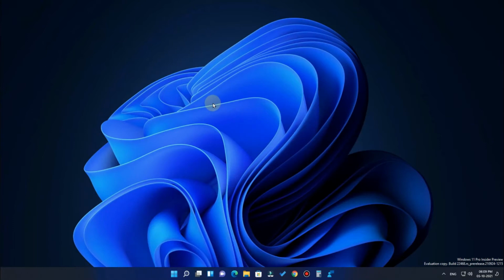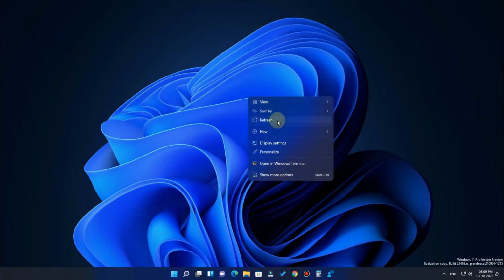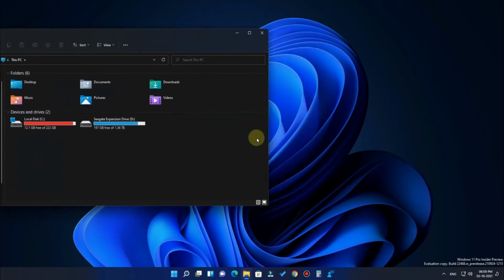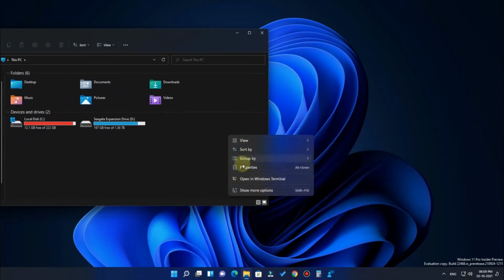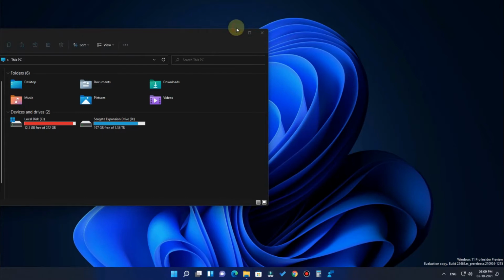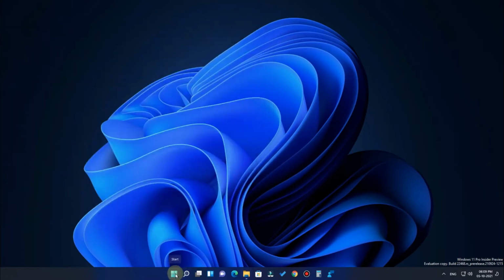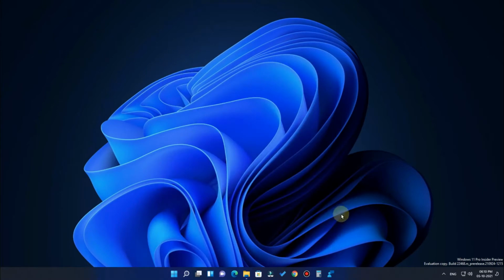And then there is a new acrylic material design. As you see here, the context menus are designed in acrylic material, which means they are transparent in view. I'm opening File Explorer and right clicking here, and you can see different backgrounds. On the left side here is a dark background, and on the right side here is a transparent one. The context menu is designed in acrylic material, and it's fully transparent. Not only that, all the menus are transparent. Once I click the start menu, it is also designed in acrylic material, so it is also transparent, and you will also find rounded corners on all four sides. It actually looks like macOS.